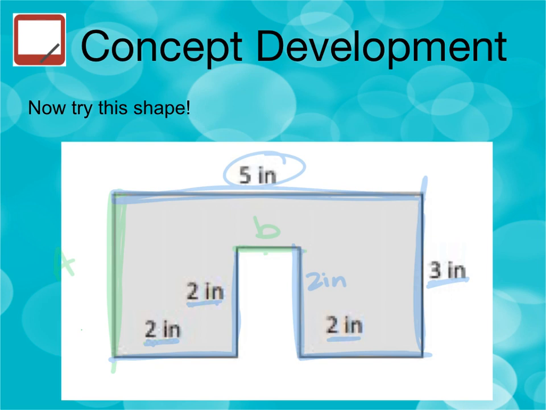So now we can look at our shape when we need to figure out side length A and side length B. So I can see that side length A is the same distance as side length B. So side length A is equal to 3 inches. So now I just need to figure out side length B. So I can split it into these smaller rectangles. So I have 3 smaller rectangles, and I know that this distance